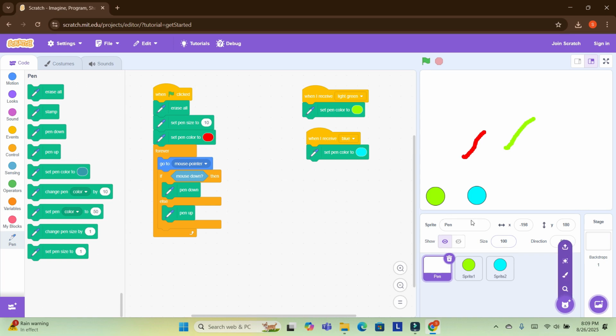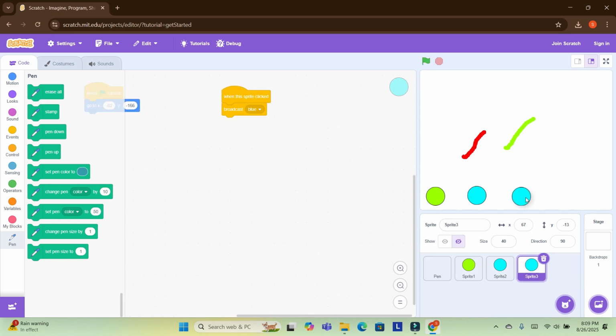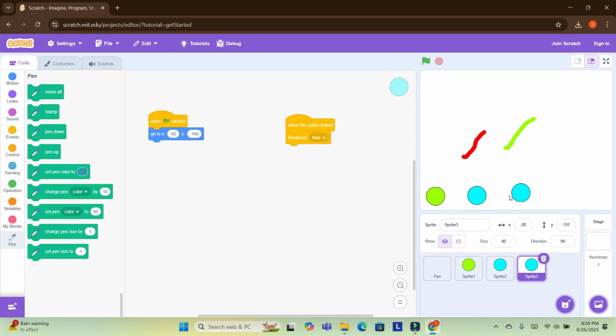Now we have two colors. If you want, you can continue with two colors, but if you want, you can add more colors. I will add more color, and now I will select its position: 27 and 166. It means all the colors will be at the same Y, but X will be changed, because if their X is the same, they will appear on top of this color.